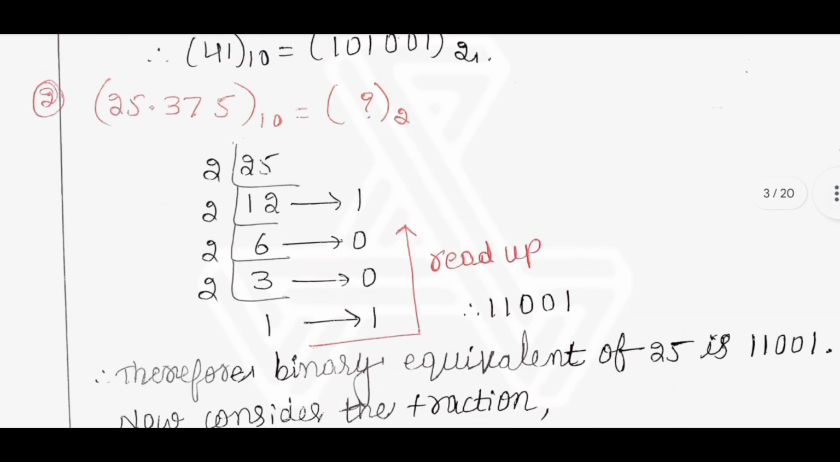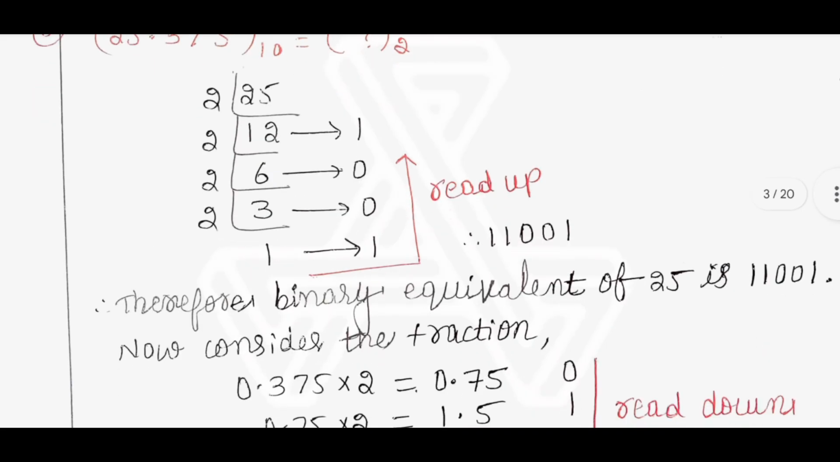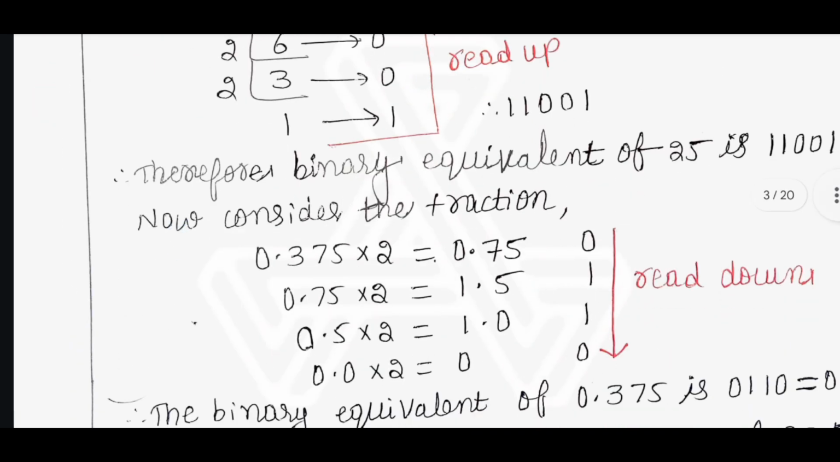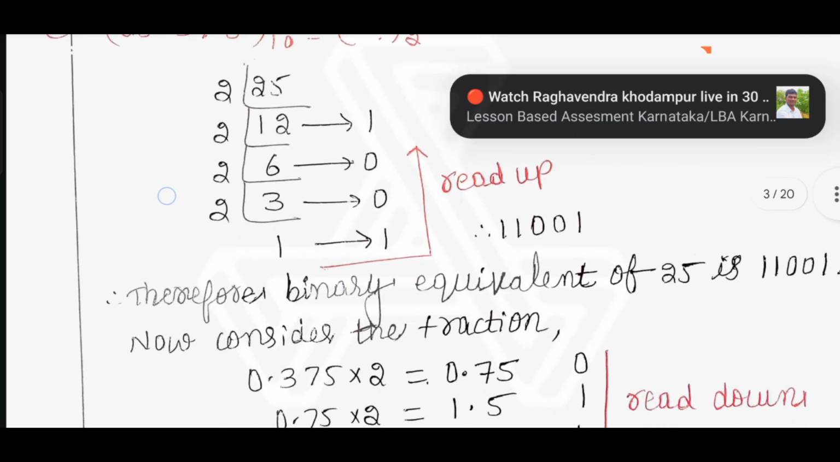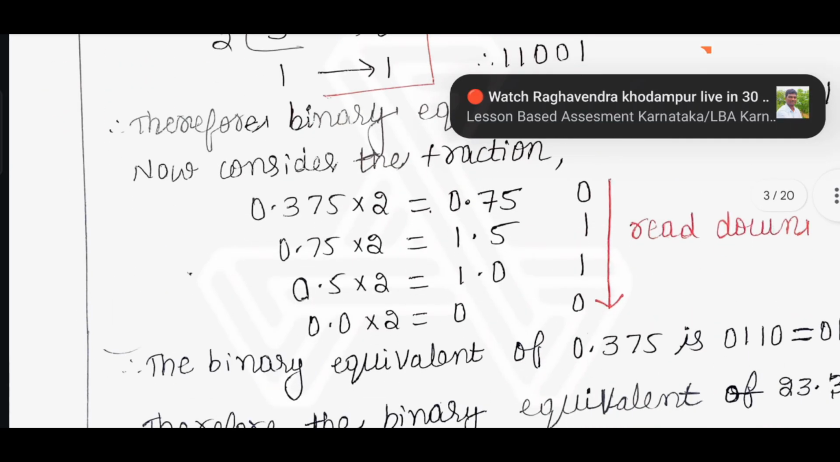For 25, we should write it as 1 1 0 0 1. Therefore binary equivalent of 25 is 1 1 0 0 1. Then, now consider the fraction, that is 0.375. We have that as